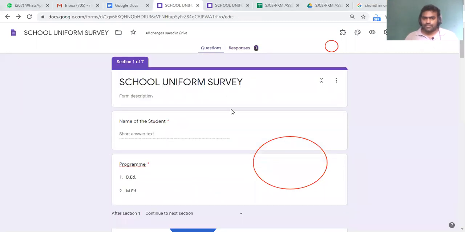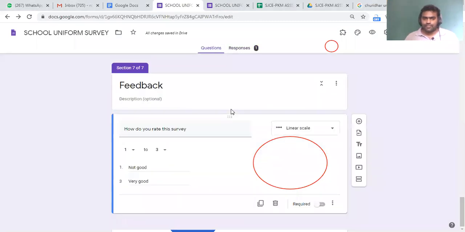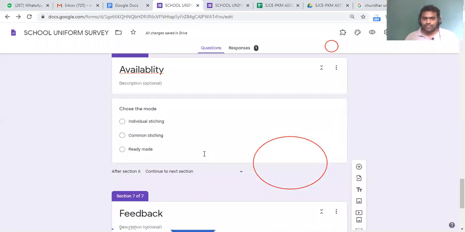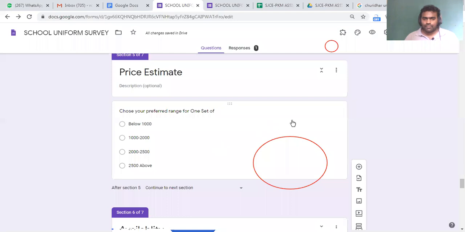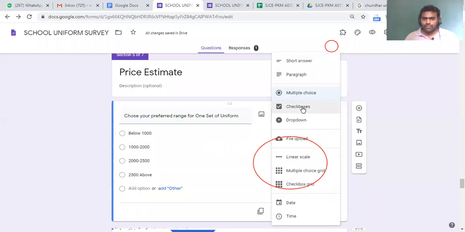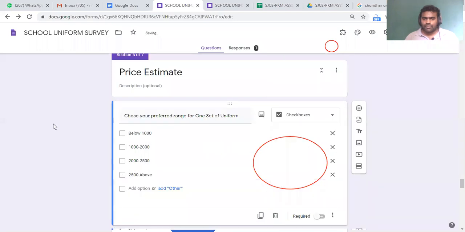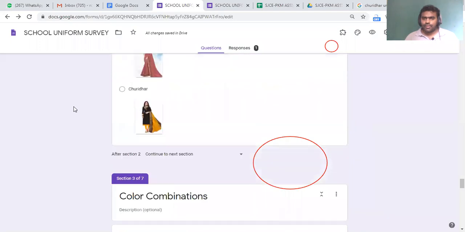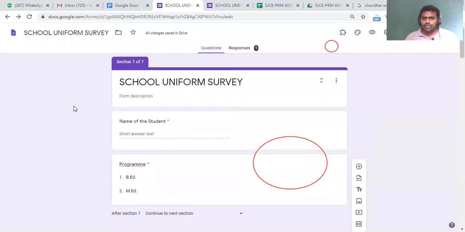Is there any option like what we did previously in Google Doc, where simultaneously 3 or 4 people are framing the questions like that? We are able to do simultaneously with 4 or 5 people, right? Actually, sir, suppose now I am doing this survey.